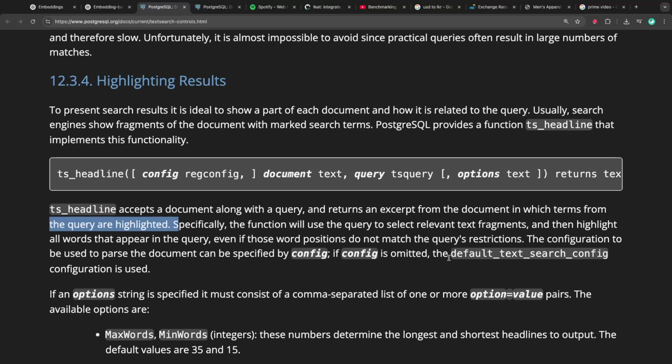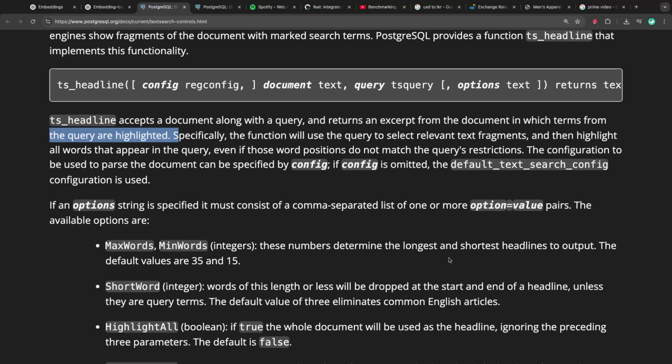The configuration to be used to parse the document can be specified by config. If config is omitted, the default text search configuration is used. If an options string is specified, it must consist of a comma-separated list of one or more option pairs. The available options are